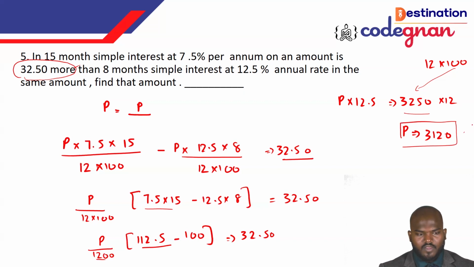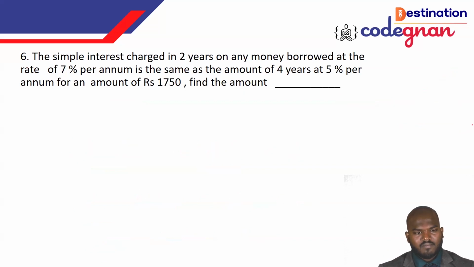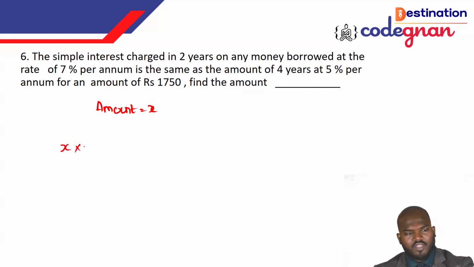Everyone clear? Okay. So going to the next question: the simple interest charged in 2 years on any money borrowed at a rate of 7% per annum is the same as the amount of 4 years at 5% per annum for an amount of rupees 1750. So find the amount. I'm calling the amount X. I can use the PRT by 100 formula. First they are giving 7% per annum, so 7 times 2 years by 100